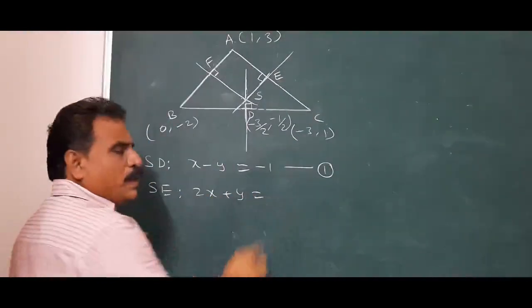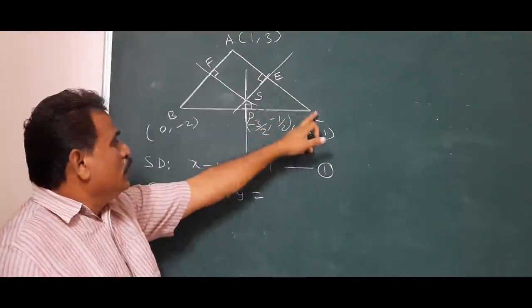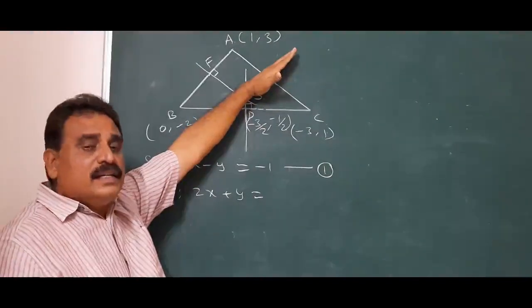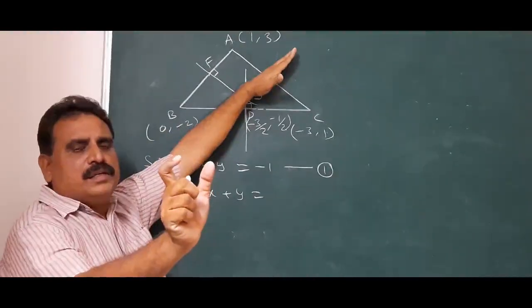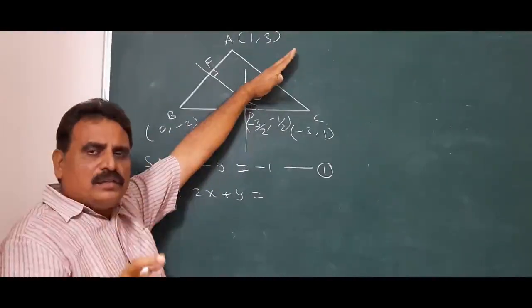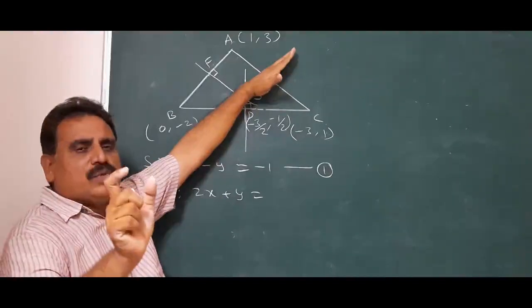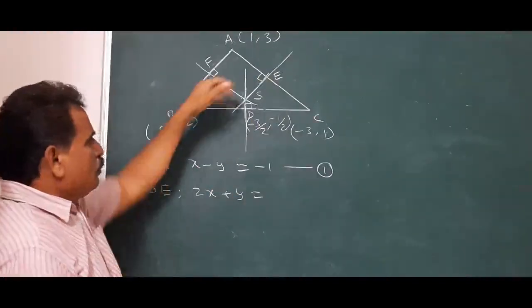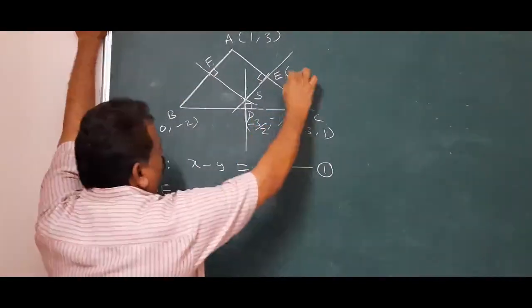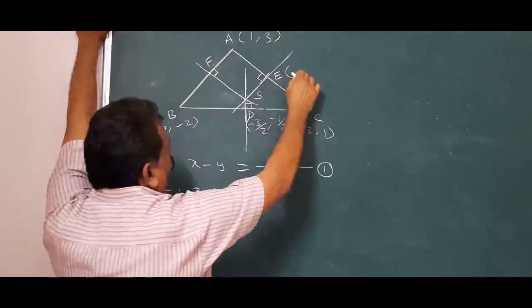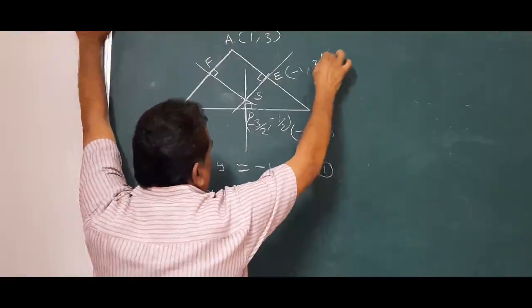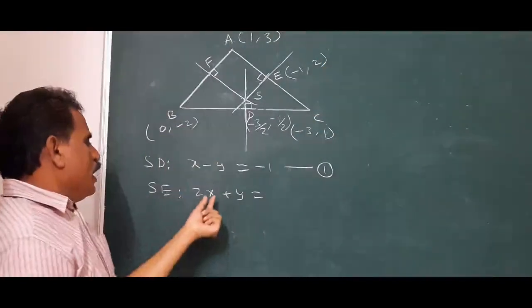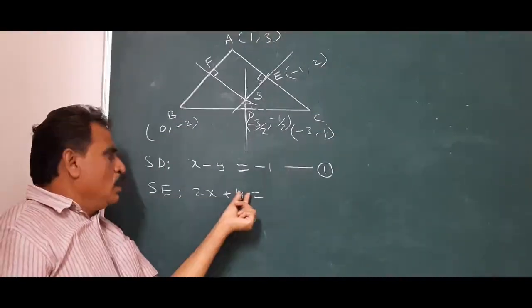To find the perpendicular line to AB, that is the method. Difference of X coordinates, difference of Y coordinates, ratio. You have to take that ratio, the X coefficient as the Y coefficient like this. Now substitute the midpoint. Midpoint of this is minus 3 plus 1 by 2, that is minus 1, and 1 plus 3, 4 by 2, that is 2. Now substitute X equal to minus 1, Y equal to 2.